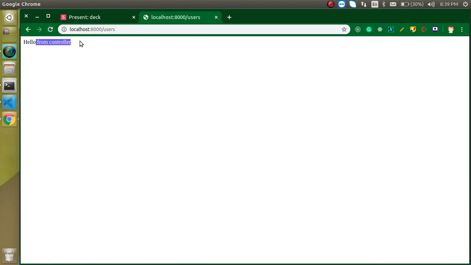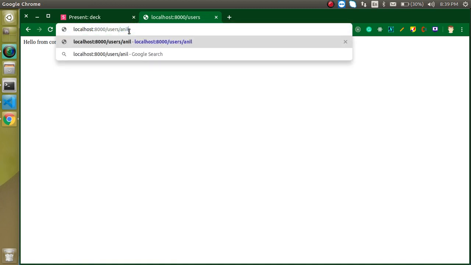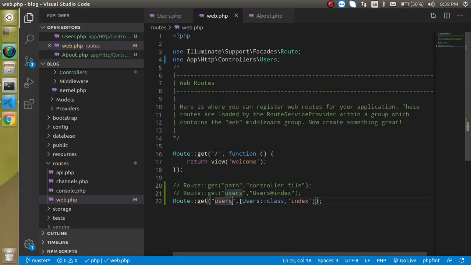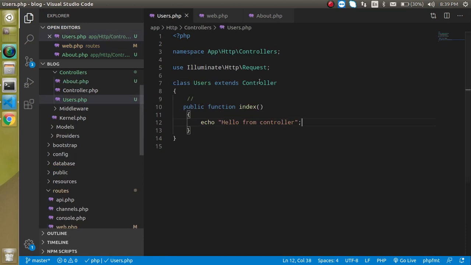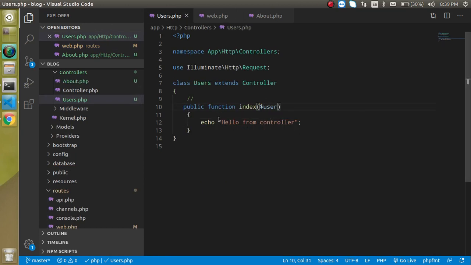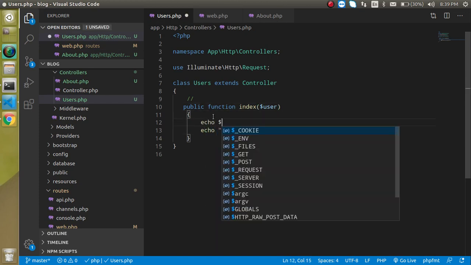That's working fine now. So the next thing is how we can send data from here. Let's say you want to pass a name or some ID to the controller, how can you do it? For a moment you will get an error here like this. To resolve it and pass the data, you can put a parameter like name, ID or user in the route. Then in the controller write $user, and you can even echo $user.